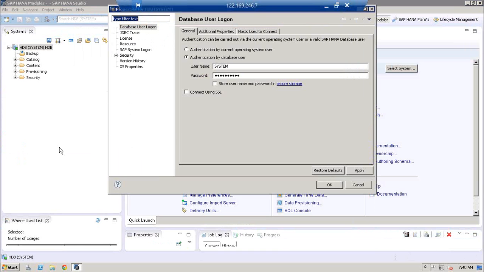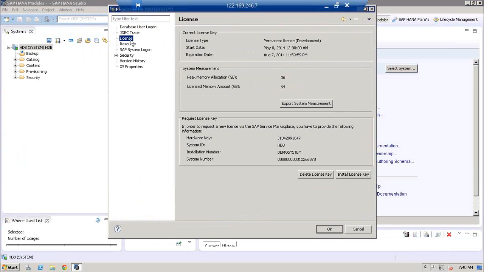What if I want to see the properties, the license of the HANA system? So go in here, license, to see if it is a permanent license or a temporary license, because licensing is an important aspect for a customer. If the customer wants to go for an upgrade, they need to have a permanent license. If the customer is using a temporary license, SAP will hold that license, because temporary license customers cannot go for a HANA upgrade, right? So this is additional information that I will share in due course of the training program, not only the academics, but also the experience, right? So it's going to help us